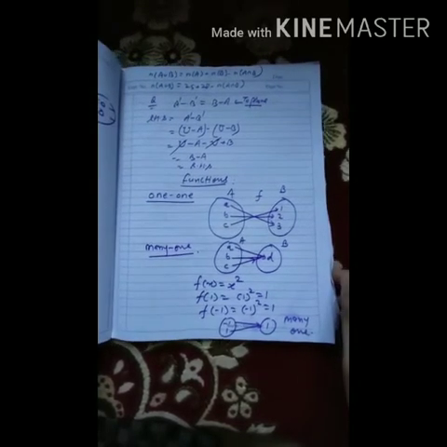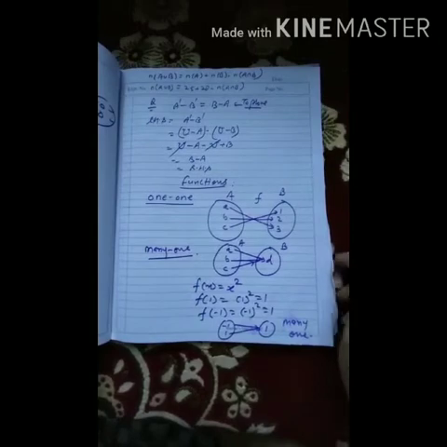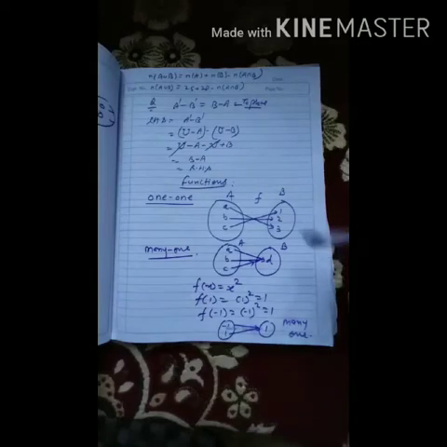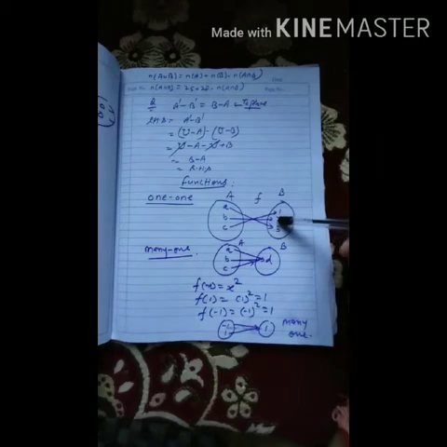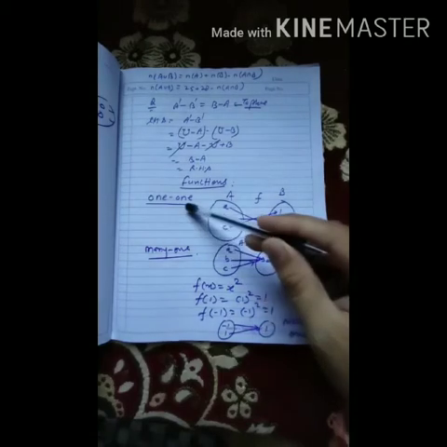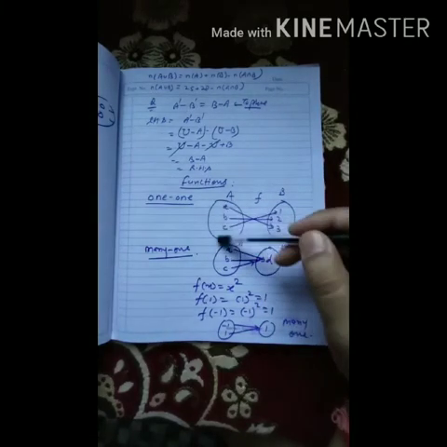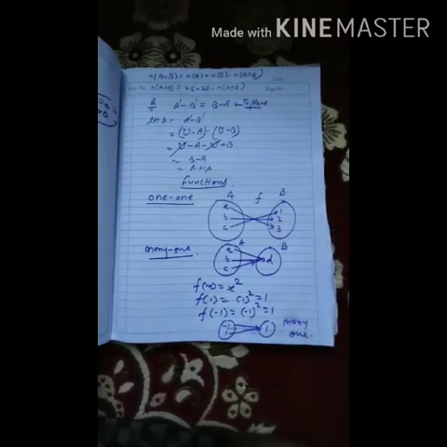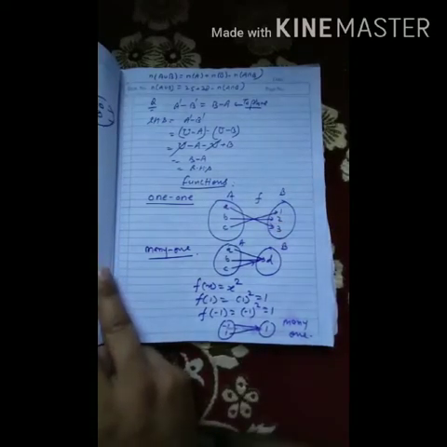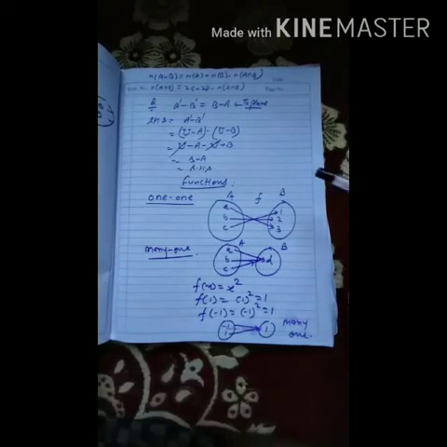So students, today we will learn about function. So what is function? A function f is a rule by which elements of one set are related to elements of another set. For example, this is one-one function. Every element of set A has a unique image, that is only one image. So this is called a one-one function.